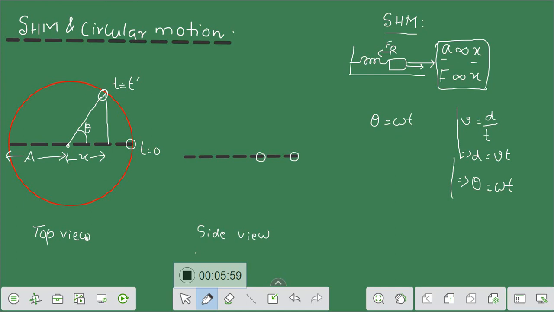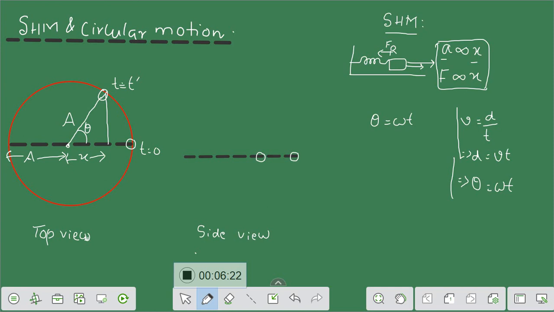Now, if we just look into this entire picture, what you can see here is that this particular position also represents the amplitude. So this length is also the amplitude. So can we write down an equation for this? Yes. If we just do it from the top view, okay, let me just take the top view image. So from top view,